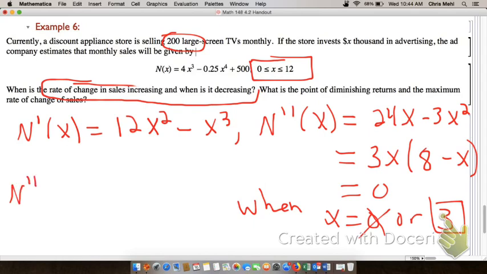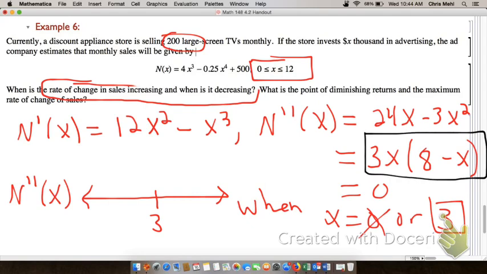Now you can make a sign chart for the second derivative, and remember this is also telling you where the first derivative would be increasing or decreasing. Now, using your second derivative, 3x times 8 minus x, and again I didn't put 0 down on here because I don't really care. The point of diminishing returns is going to be somewhere between 0 and 12. If you pick something to the left of 8, say positive 1, and plug it into the second derivative, you're going to see that you get a positive number. And then if you plug anything between 8 and 12 into,